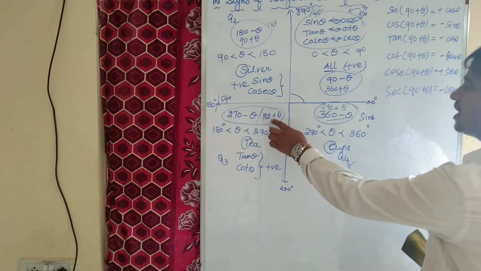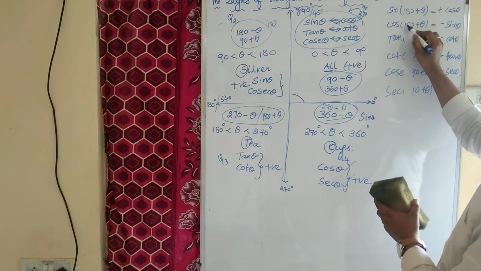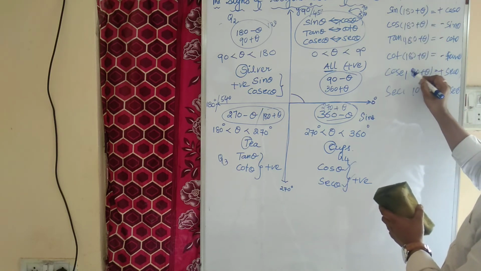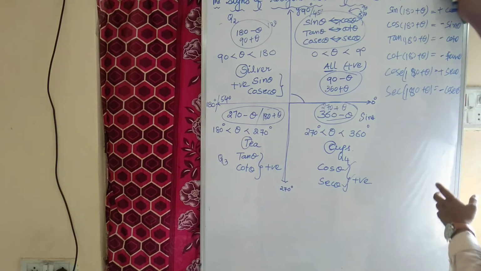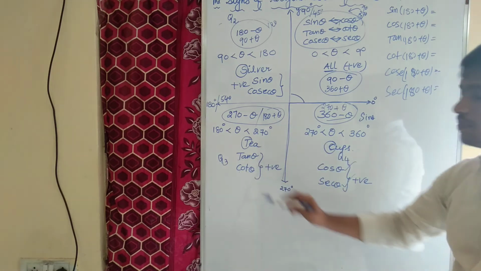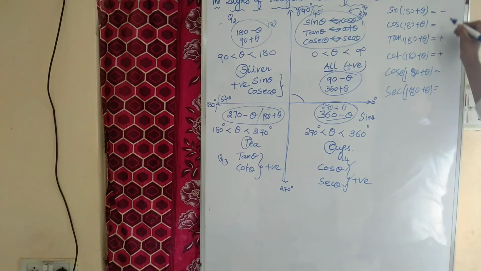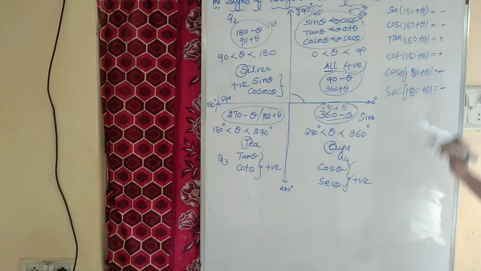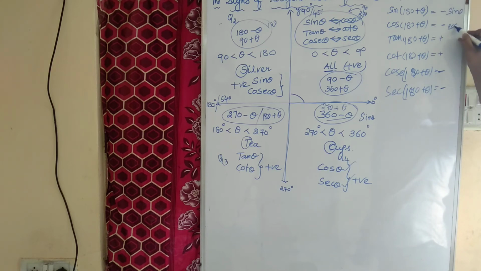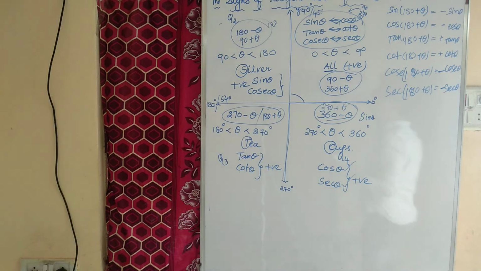Now the third quadrant is 180 plus theta. Let us write this as 180 plus theta. 180 plus theta is in which quadrant, children? 180 plus theta is in the third quadrant. In the third quadrant, tan and the reciprocal of tan, cot, will be positive. Tan positive, cot positive. Rest all trigonometric ratios are negative only. If it is 180, there is no change in trigonometric function: sine sine, cos cos, tan tan, cot cot, cosec cosec, sec sec only. Right? This is about the third quadrant.